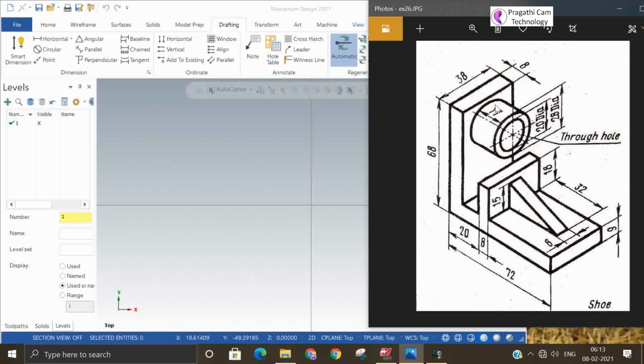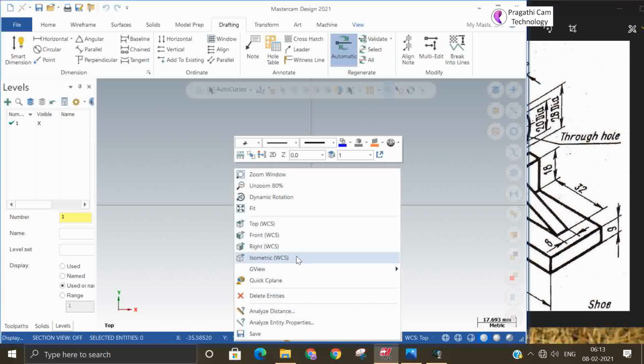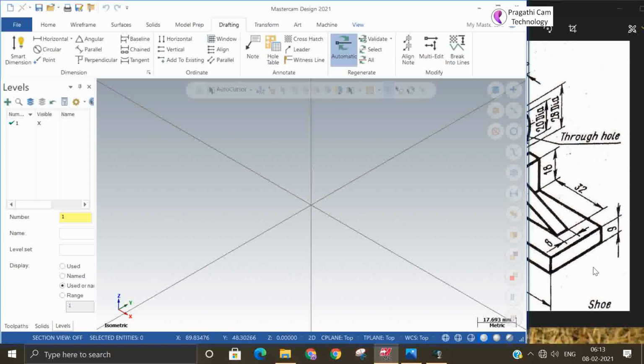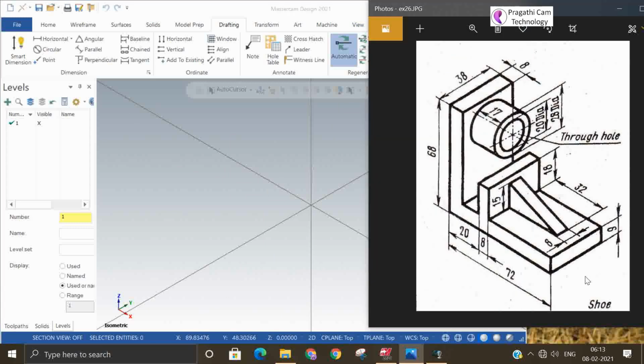That is the way you need to orient the component. You need to understand in which view you get a better orientation. Now I'm going to isometric view. Suppose I keep this F in the left side view, I cannot see better exposure.